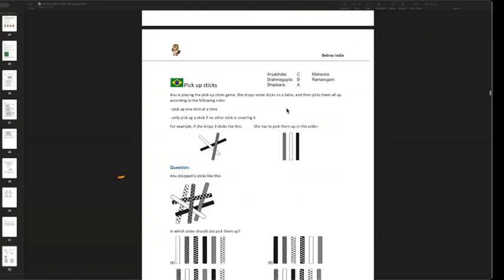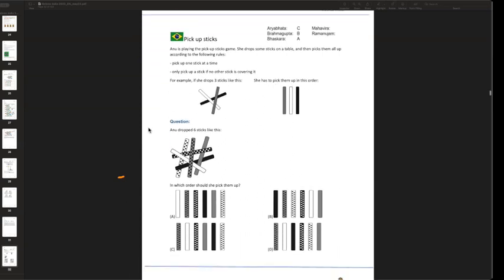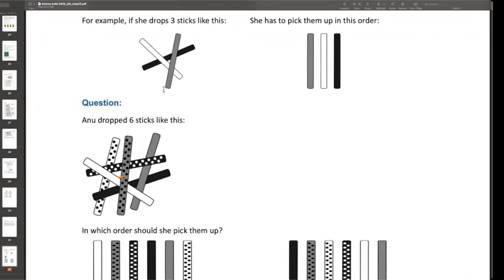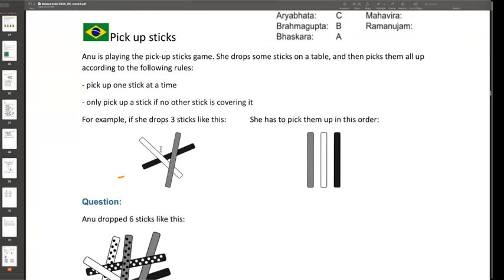Okay, so I'll move on to the next question. Now this question is a C for Aryabhatta, a B for Brahmagupta, and A for Bhaskara, difficulty wise. According to this question, one person is playing a sticks game. So in that, they have to pick up sticks which are dropped on a table. There are a few rules though. They can only pick up one stick at a time and can only pick up a stick if no other